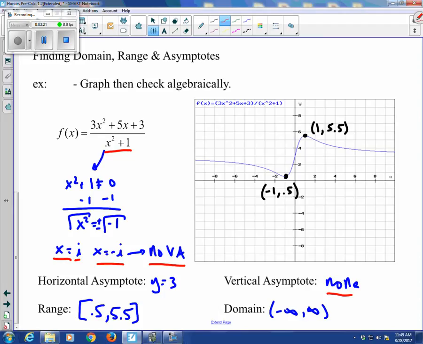We can say that we have a horizontal asymptote of y equals 3 by seeing that the degree is the same in the numerator and denominator, and the lead coefficient is 3 in the numerator and 1 in the denominator. So we're seeing our function values flatten out to 3, which we can confirm graphically. And again, with the range here, what we want to do is basically identify where our function runs alongside the y-axis. So we're going to say that we run alongside the y-axis from this absolute min of 0.5 all the way up to that absolute max of 5.5, giving us a range of 0.5 to 5.5, including both of those function values. All right, guys, so we'll take a look at more of this stuff tomorrow, and we'll